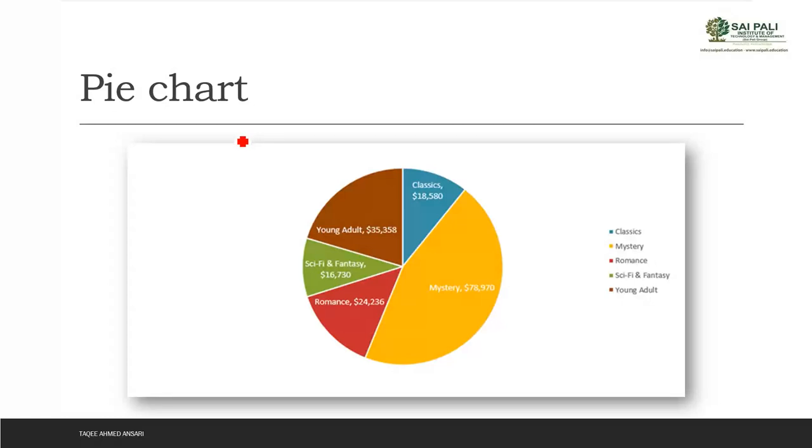Now we have the pie chart also. This pie chart is useful to represent percentage data. It is not for trending kind of data. The whole pie represents 100 percent, and we can define how much percentage is used for one piece of information, for some other information, just like this.